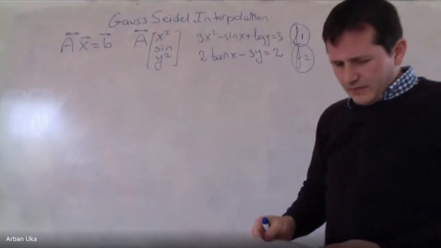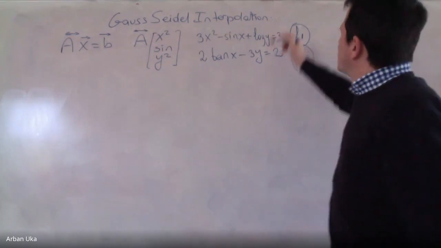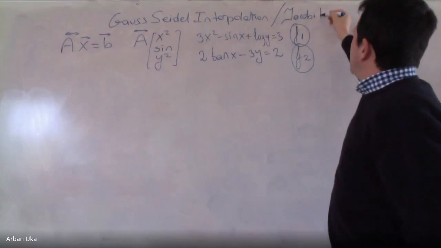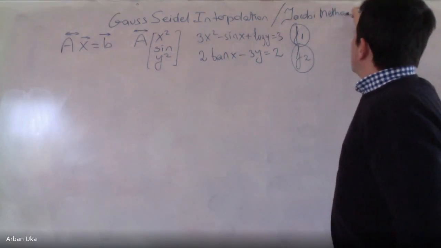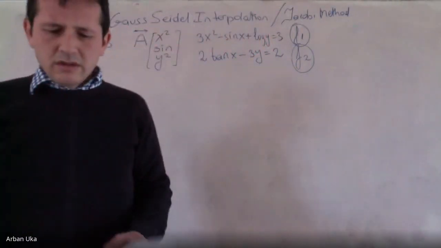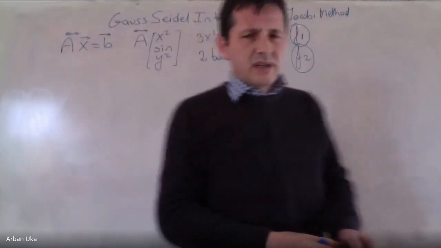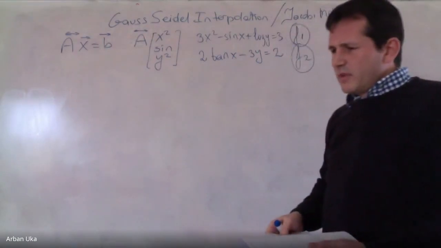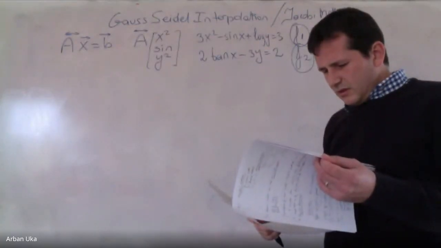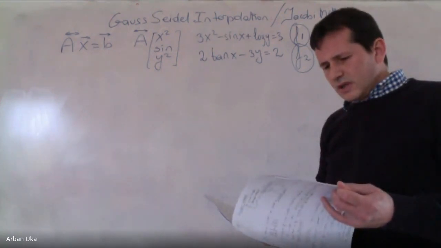And last time, I think we stopped at the Gauss Seidel method, which was very similar to the Jacobi method. If you remember, in the Jacobi method, whenever we found a new value for x1, x2, and x3, or x, y, z, we used to keep the old value, but in the Gauss Seidel method, we update the numbers right away. So, last time we stopped the recordings of the class